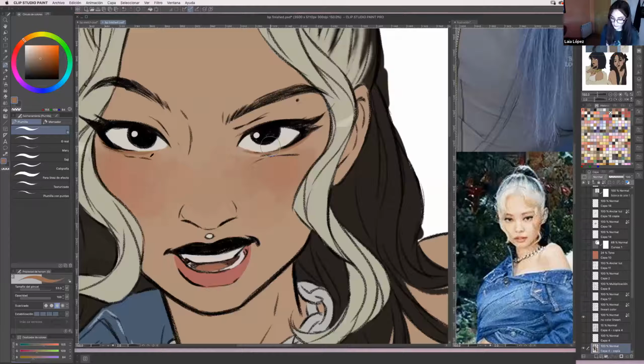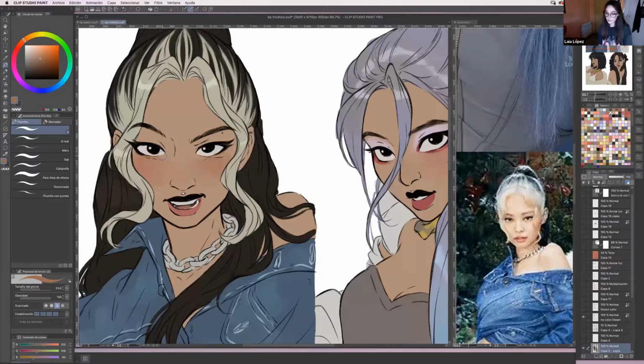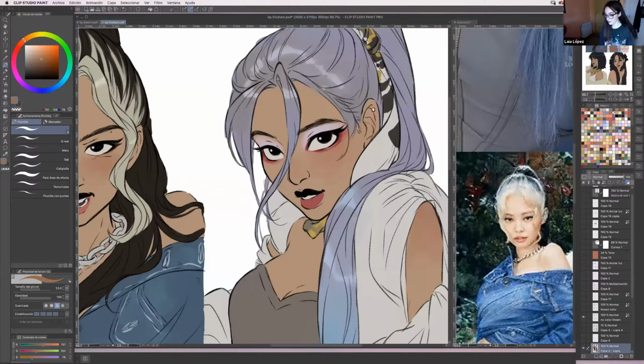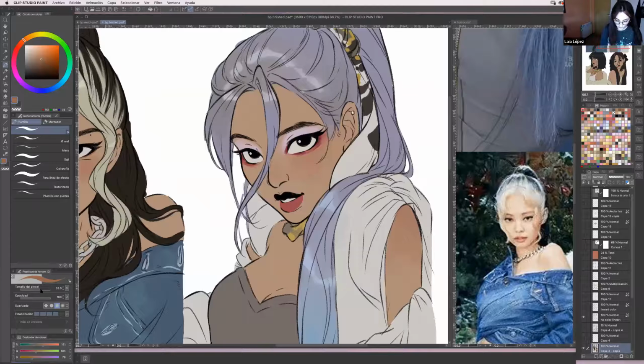I like this option. That's if the character doesn't wear any makeup, which for Jenny's case, she wears really simple makeup, so I didn't draw anything. But for Rosé, she has a whole entire makeup look, and it was really cool. What I did was I added a base color that's red, pink, and then with the 2B pencil, I picked a darker color, and what I did was,